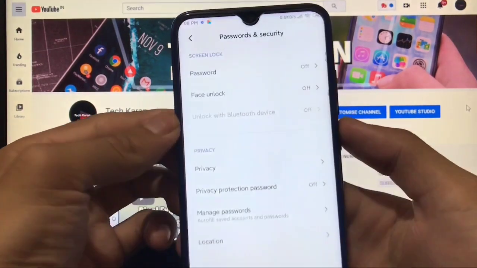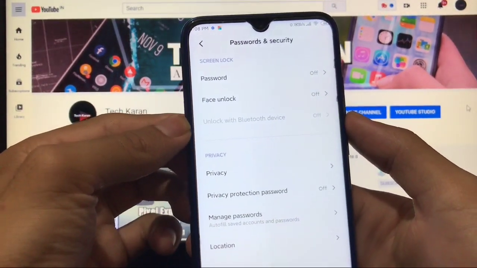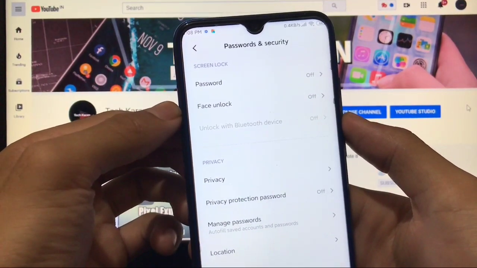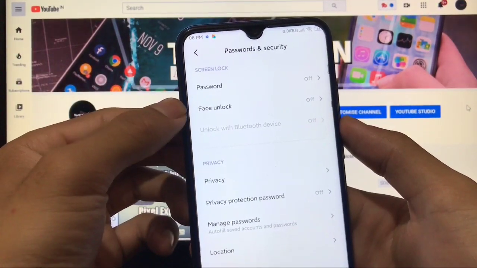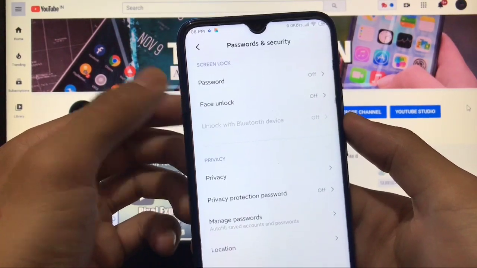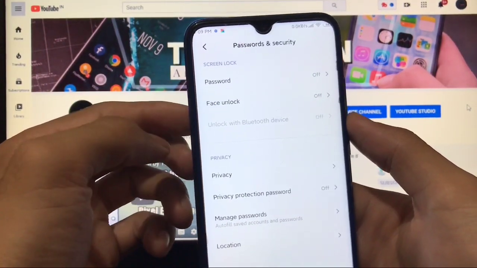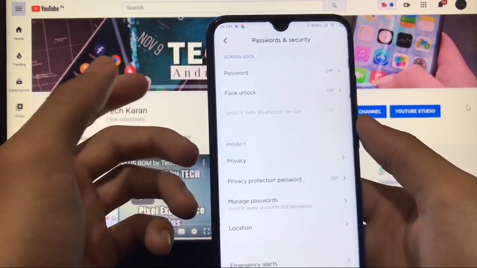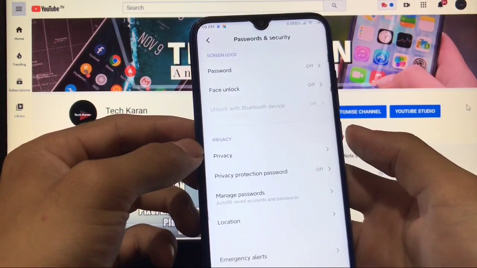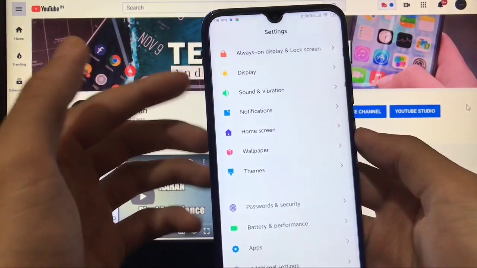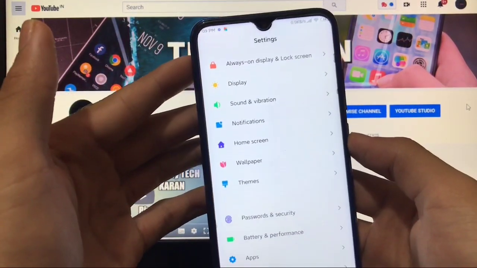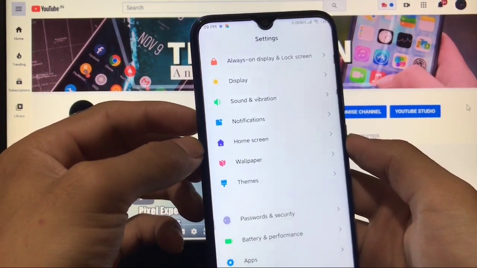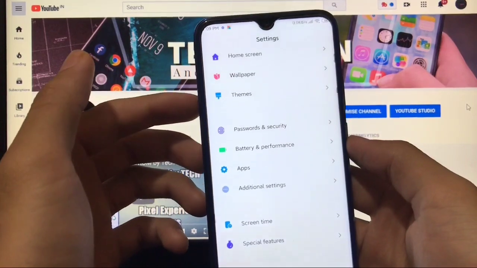There is a major bug, if you can see it. There's a face lock option available, no fingerprint option is available, and also face lock is available, but it's not working. I have tried it, it's not working. So yes, face lock, no fingerprint. This is a major bug if you can see it, but I don't think so it is, because if you want to use this ROM as a daily driver, if you want to use this GSI as a daily driver, these bugs you have to compromise, because this is not a major bug.